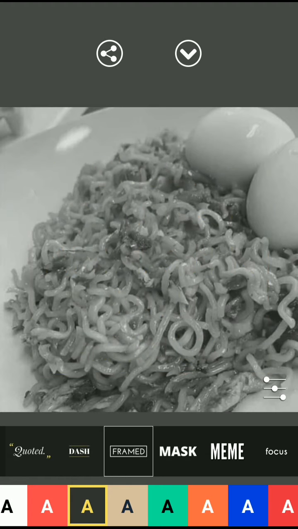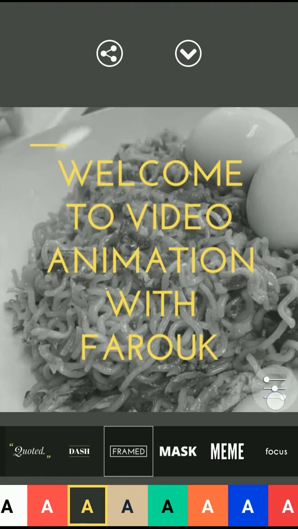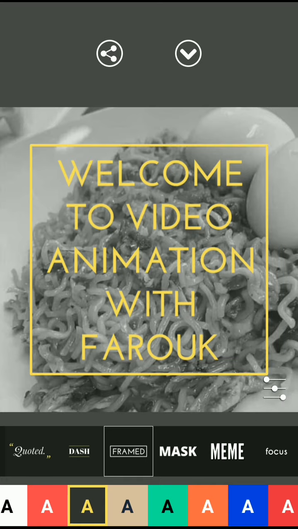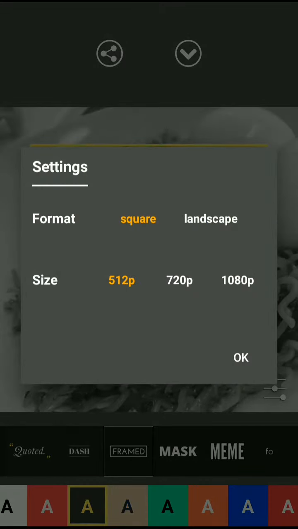So once you're done with this, you can go to the settings here. This is settings. Once you click on it, it shows you options. Now you can choose square or landscape, and your size can be set to whatever pixel you want. Now I would advise you stick to something your phone can handle. For me, my phone can't handle too much, so for now I just want to stick to 512